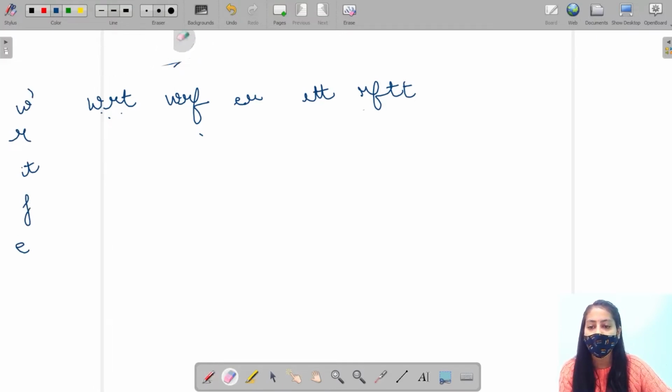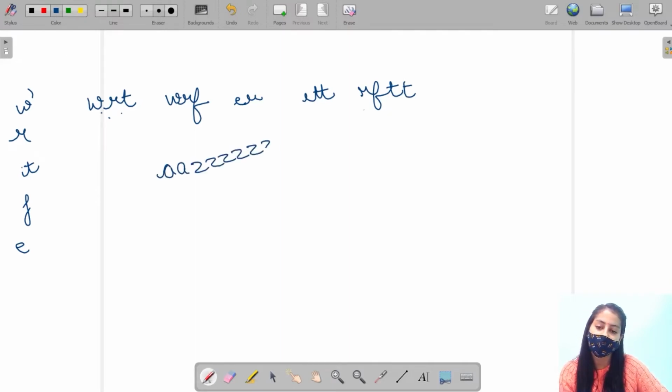So we know that in lexicographical order, A will come before B. Why? Because A comes before B in the alphabetical order. In the same way, if I write AZ and then ABA, here also AZ will come before ABA.